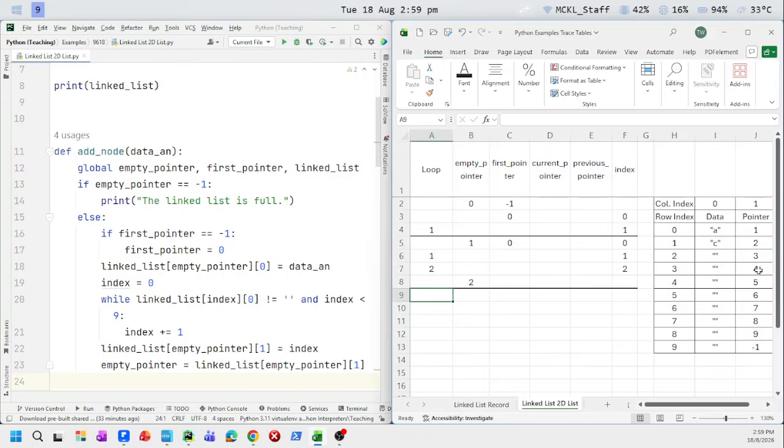Okay. We added C. Now let's add E. Now it's at number 2 already. So now empty pointer at number 2. First pointer at 0, still at 0. Okay, everything else stays the same. Now what happens is linked list empty pointer 0, 2. So 2, 0. Here we now add in